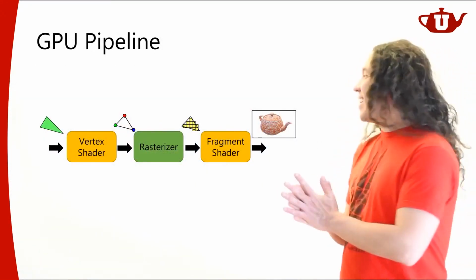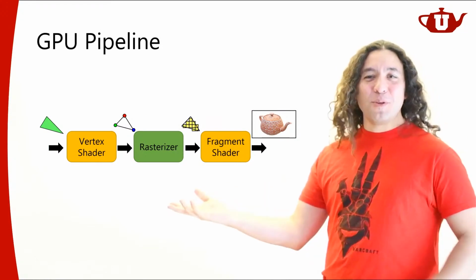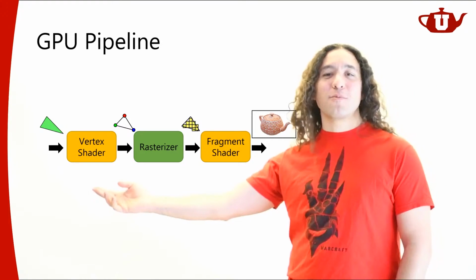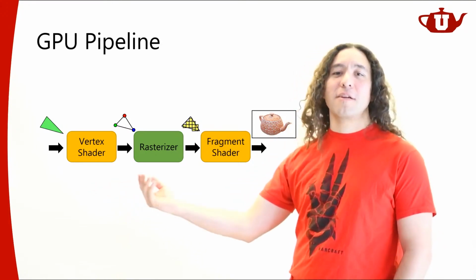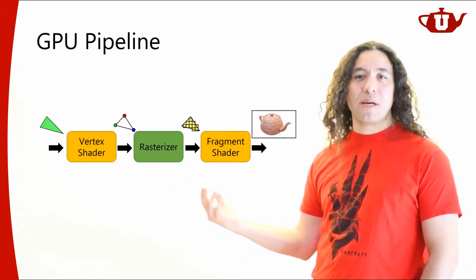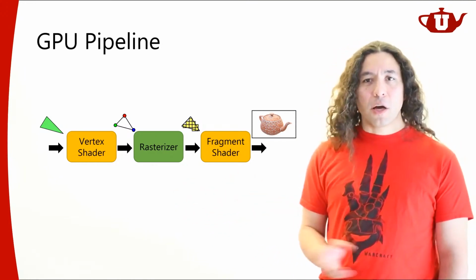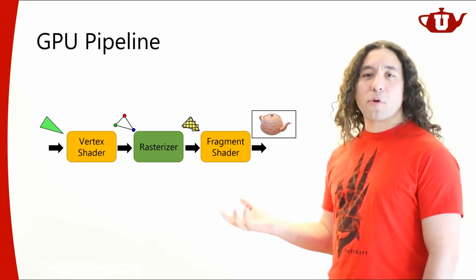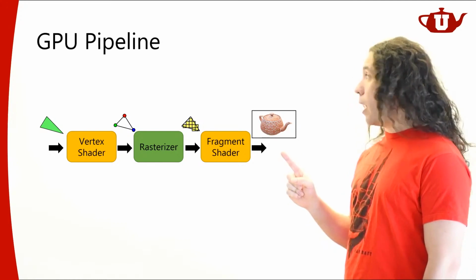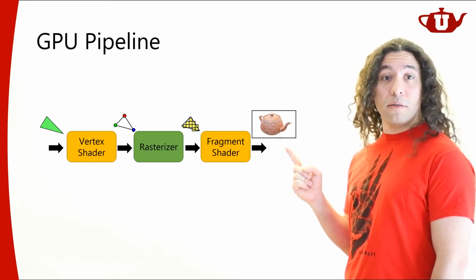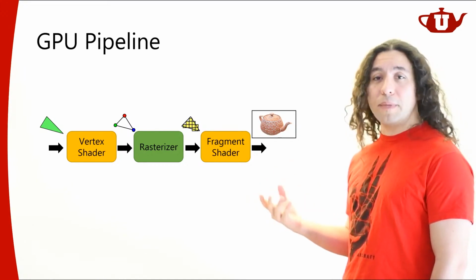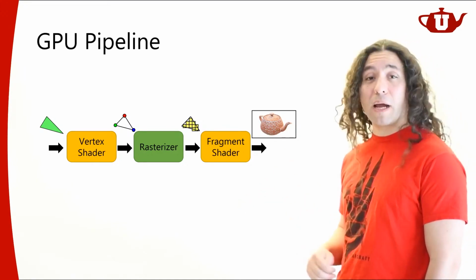All right, let's get back to our GPU pipeline. Remember, we feed in triangles on one end, they go through our vertex shader and then our rasterizer, and then the rasterizer generates the fragments, and the fragments go into the fragment shader. Let's now assume that I'm going to need my texture in my fragment shader, because to be able to put that texture on my teapot model here, I will need to know the texture value for every fragment. So I'm going to be sampling that texture inside the fragment shader.